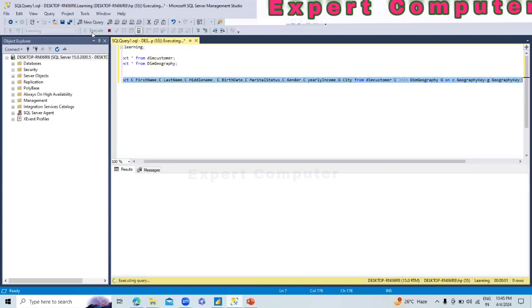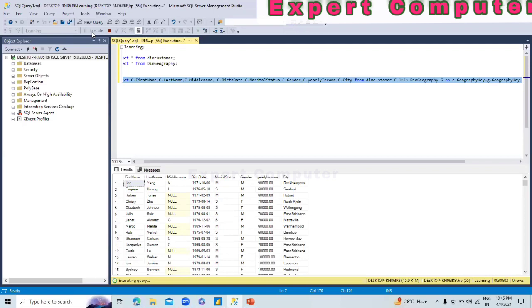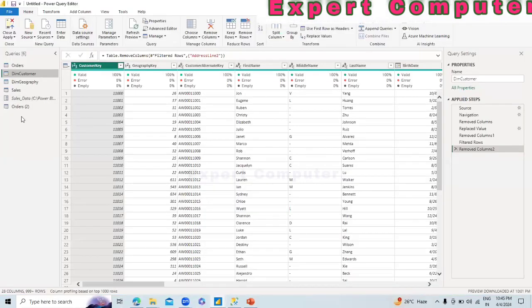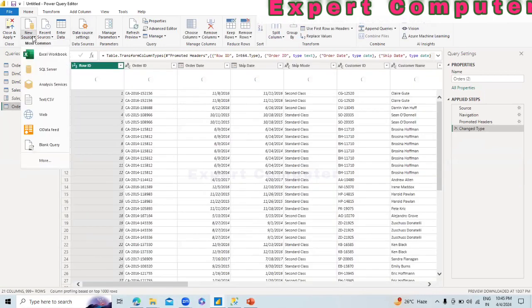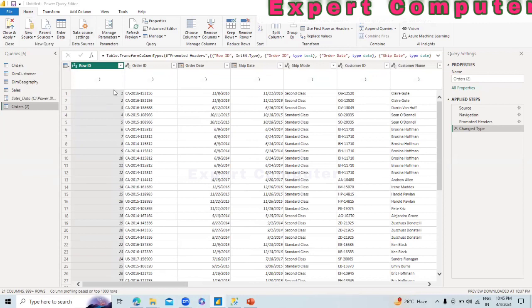Now here we have only the limited column. Right अब सारा दुनिया भर का कॉलम हमारे पास नहीं है. Only here we have the limited column. What I'll do, I'll just copy this query and then I'll go in this. Right अब हम यहाँ पे यूज करेंगे again. I'll go and then I'll pick the SQL server. Right SQL server में हम पास करेंगे